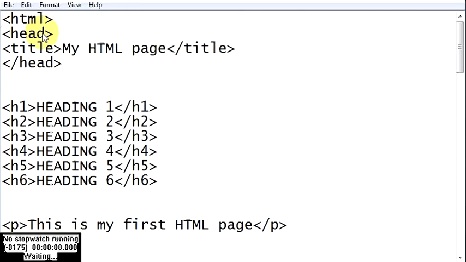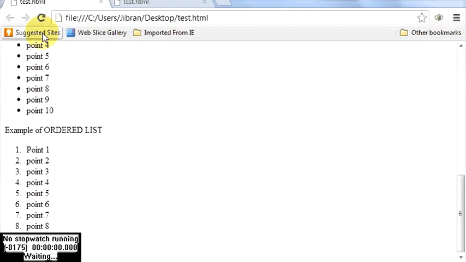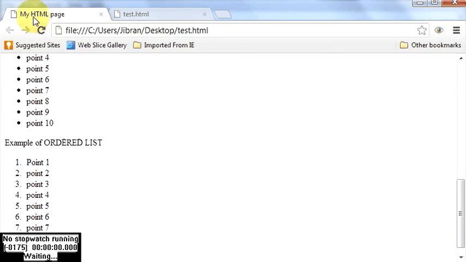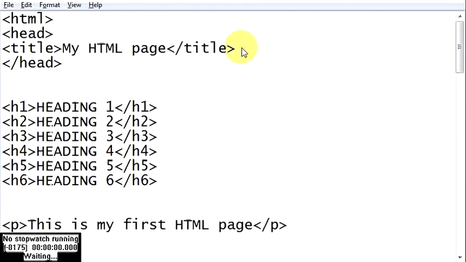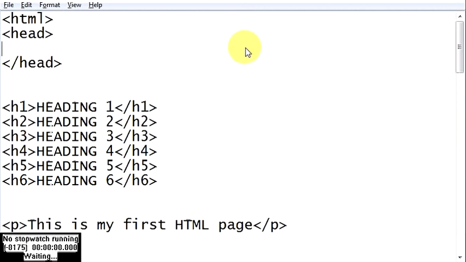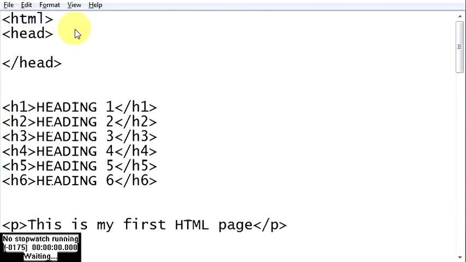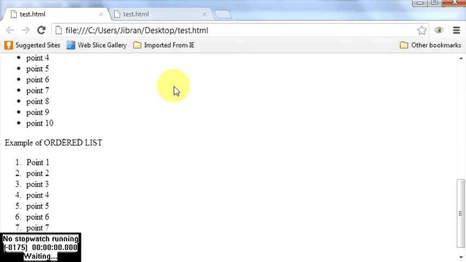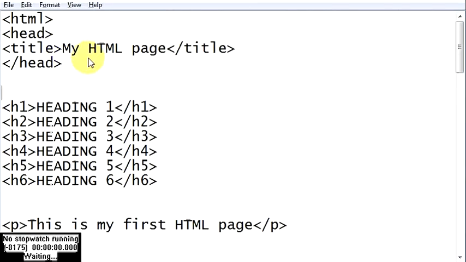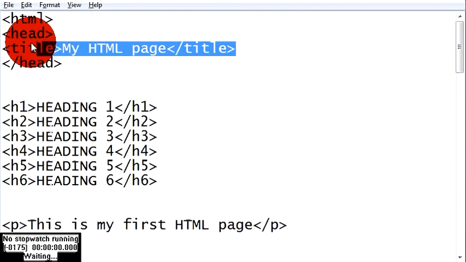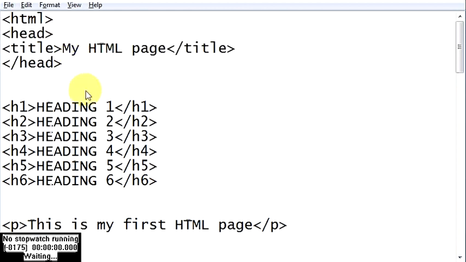Now save it, go to your browser, refresh it, and now what you have is my HTML page. Previously it was something annoying, test.html, and now it is my HTML page. How? You add the title tag in your head section.